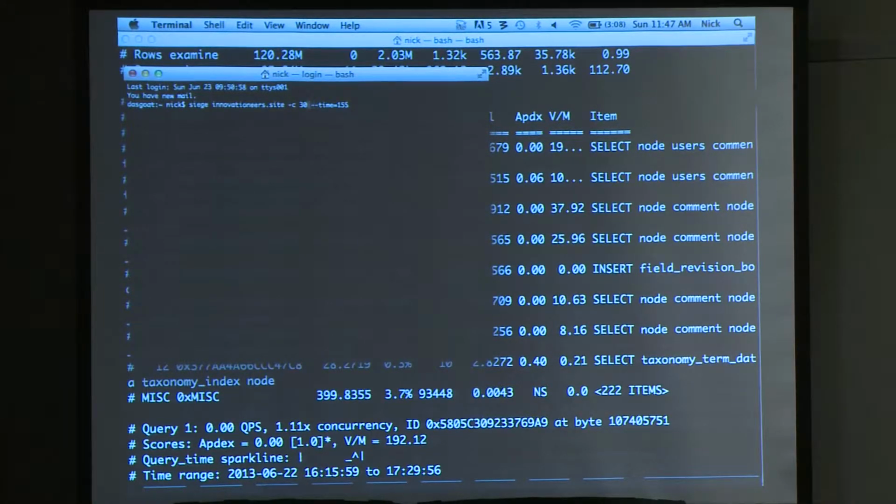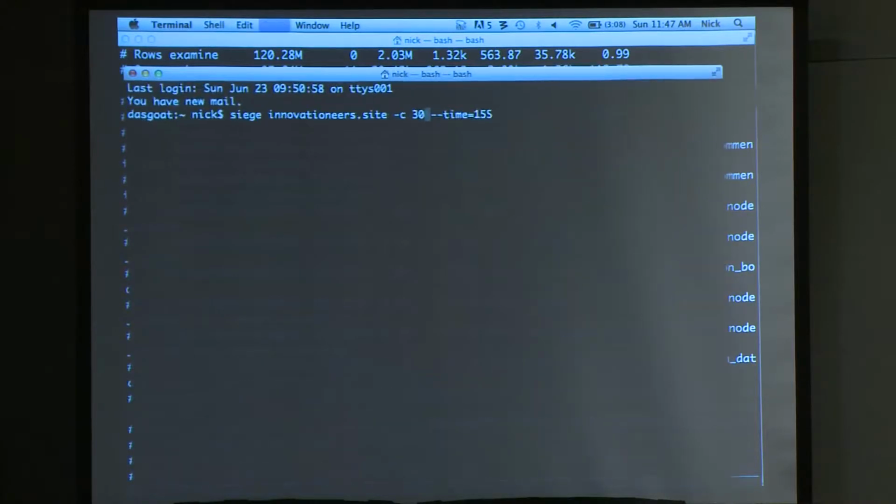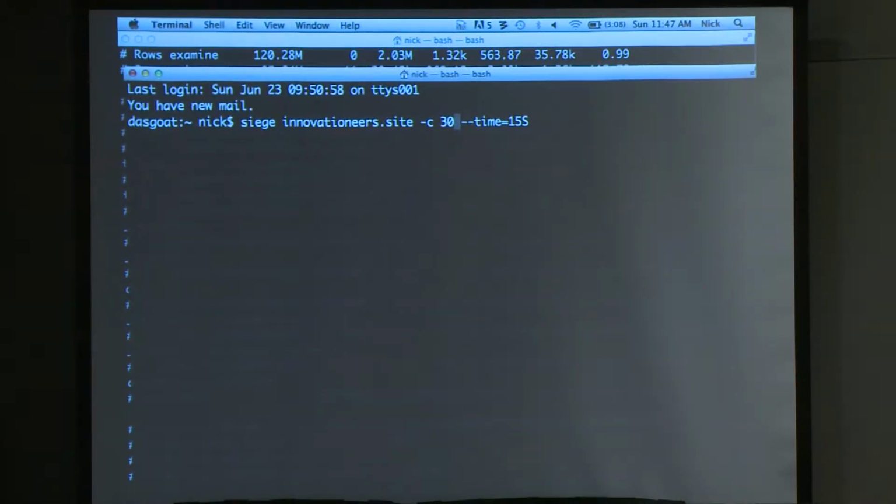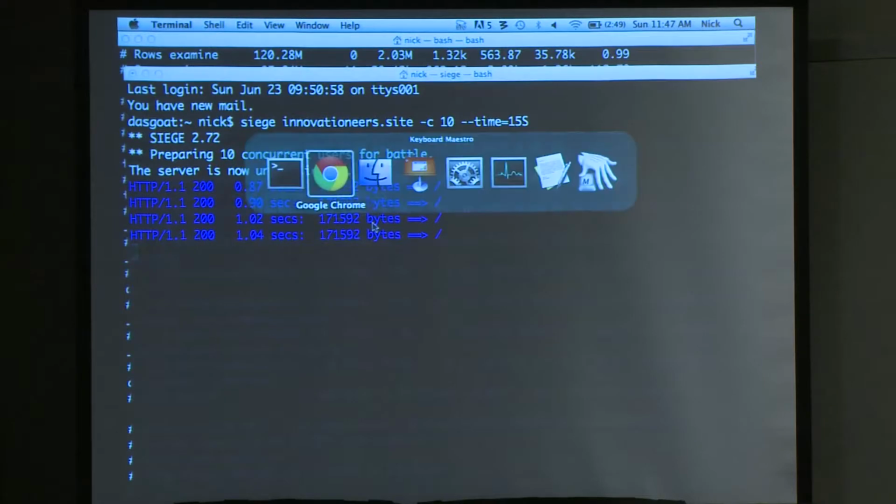So one thing about load testing is don't freaking go crazy at first. So this command, siege, then the name of the site. Concurrency is how many users I'm going to throw at it at once. A good place to start is maybe 10, and then limit it by 15 seconds. But yeah, don't start with 1,000. That means you're going to have to restart a box somewhere. So it's going to go. And when I'm doing this,